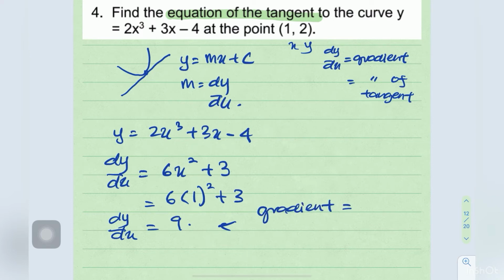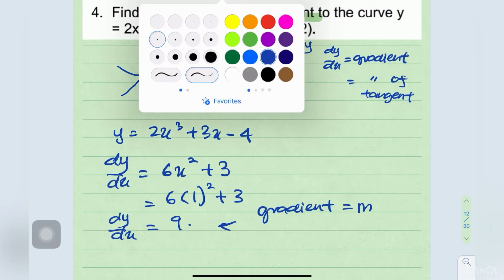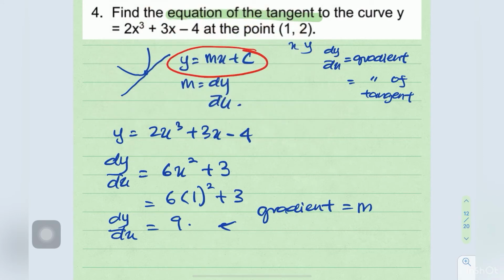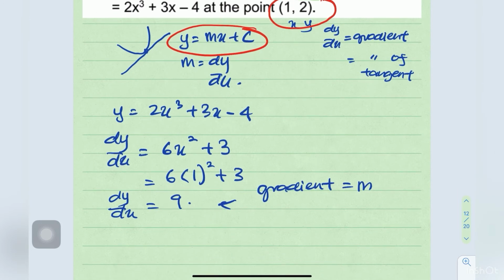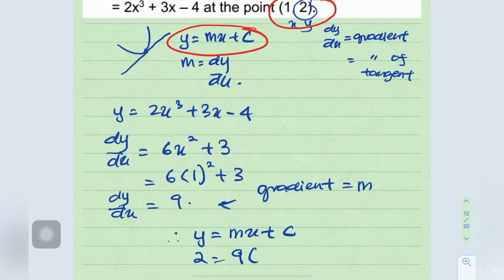And gradient is m. Okay, so you just substitute into the equation y equals to mx plus c with coordinate 1, 2. So y equals to mx plus c. Coordinate y is 2. M is gradient. Gradient is 9. Coordinate x is 1